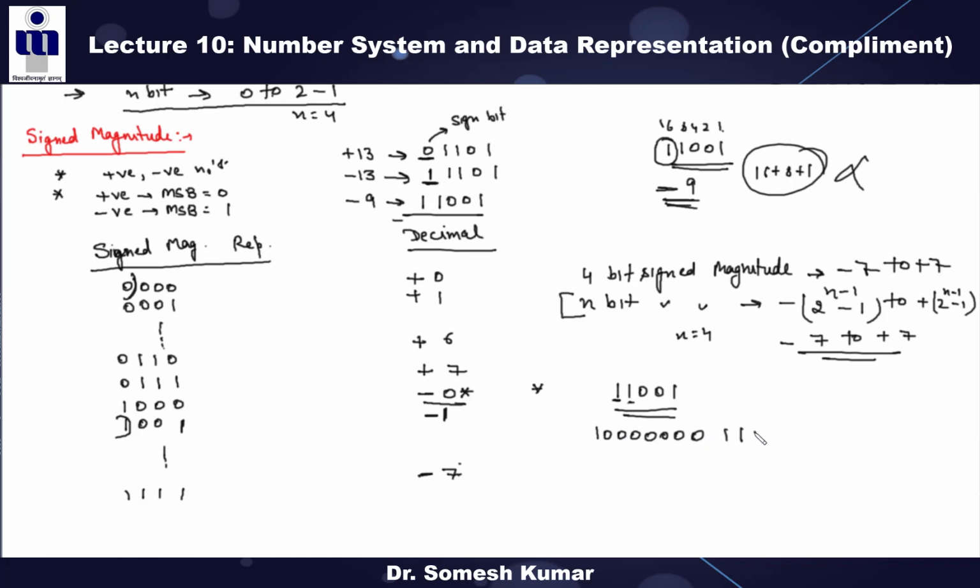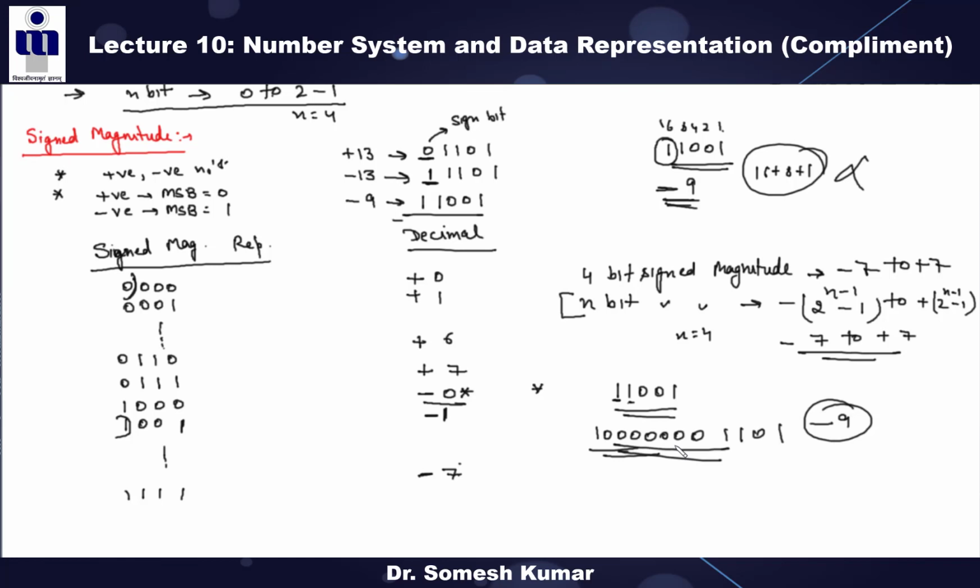This is also your -9. So insert the zeros in between the sign and the magnitude bits, right? This is the way to extend the number of bits in the sign magnitude representation. While in the 1s and the 2s complement, to extend the number of bits, you have to copy the MSB, right? I will tell you later on.